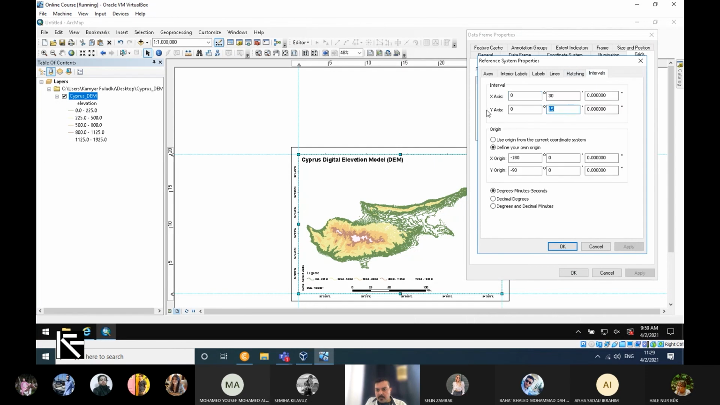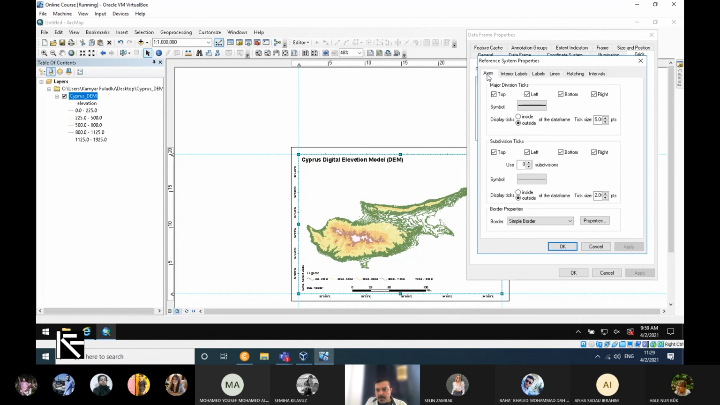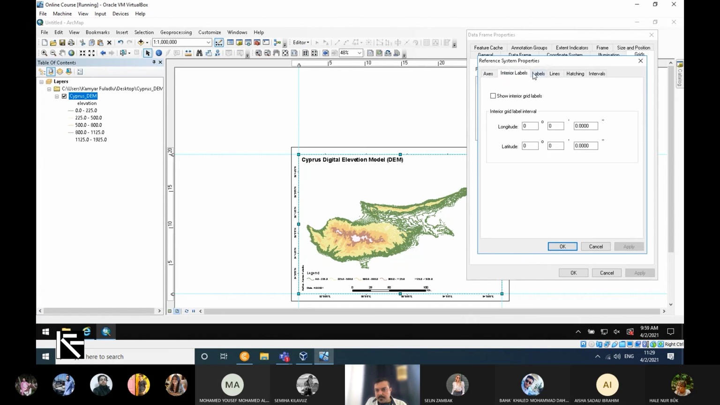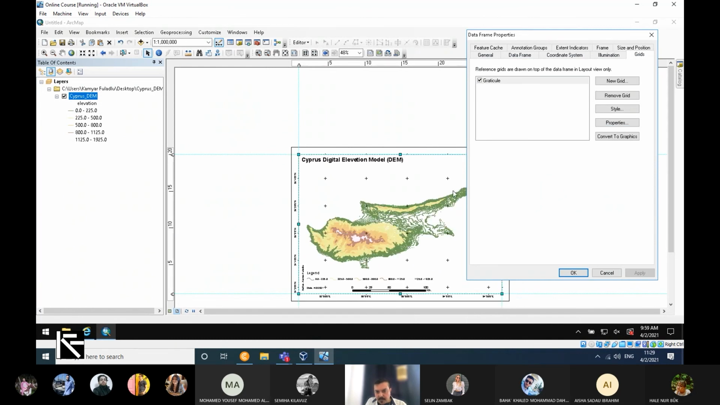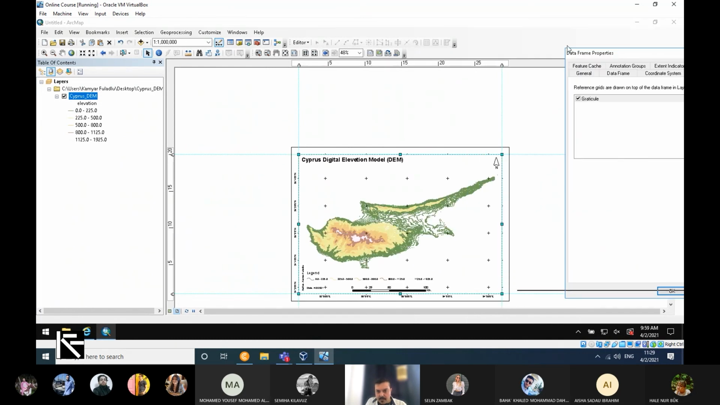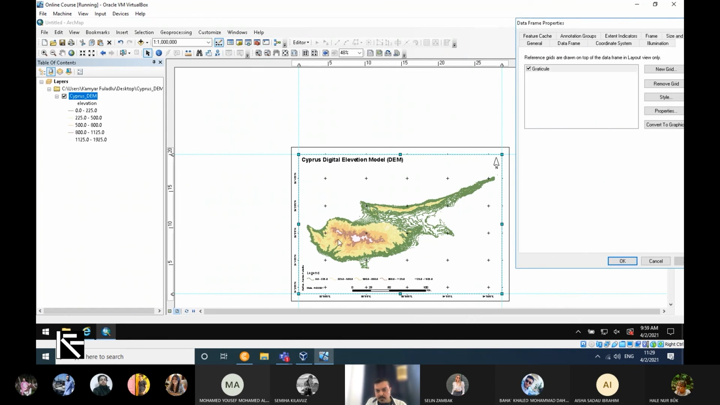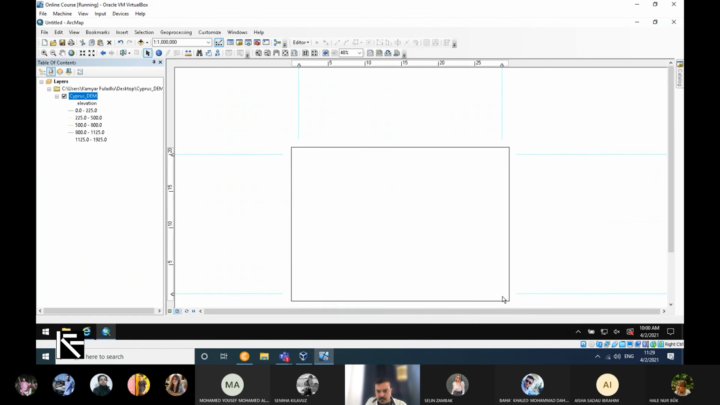I will also change the interval to 20 here. About the line, right now nothing shows, but I will put this one as a tick. We will see some ticks inside our map, which helps us put our ruler for a measurement. This is about this gridding part. So I'm just hit OK,